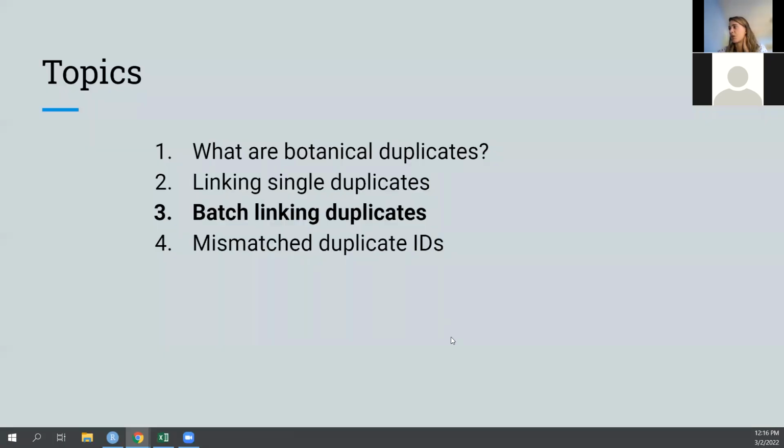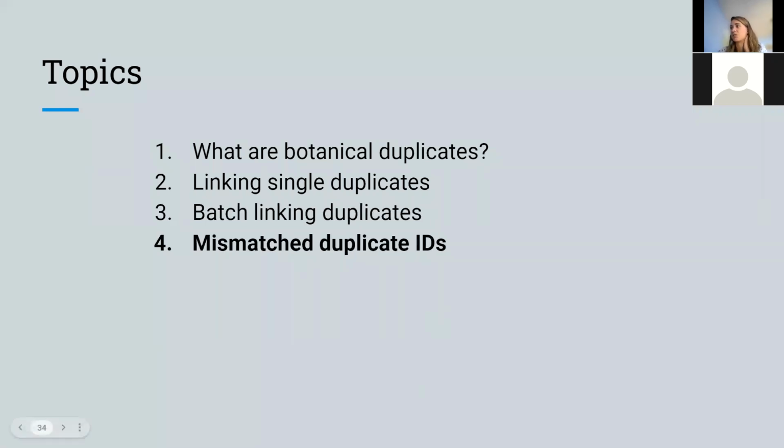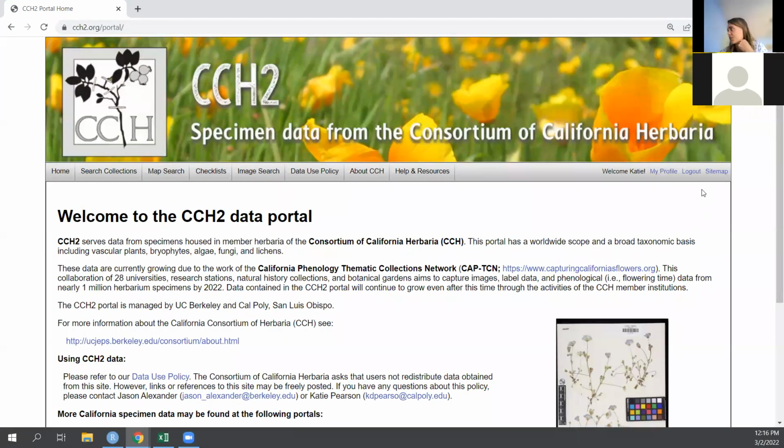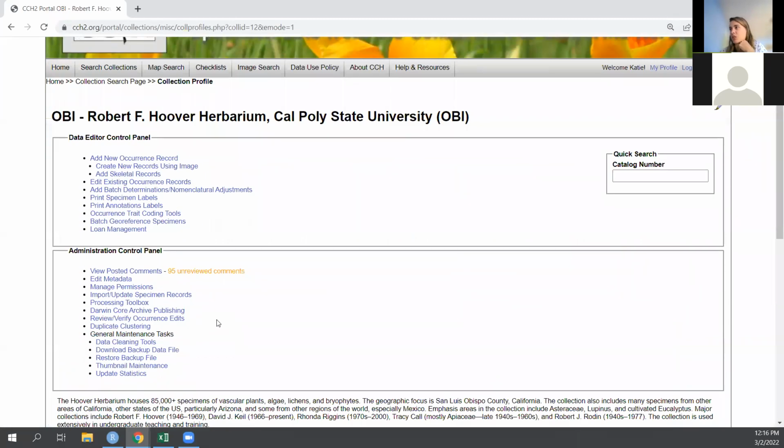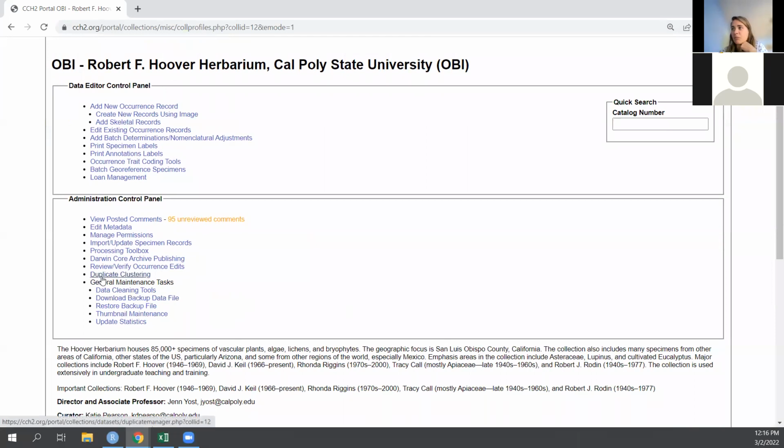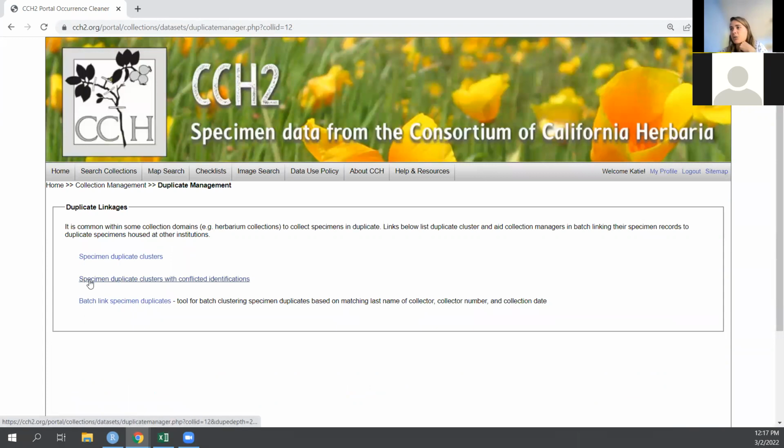All right, and then furthermore, there is a tool that allows you to look at mismatched duplicate identifications. So any cases in which you have a duplicate that has a different identification than another duplicate in another collection. You do that by going into my profile, occurrence management, back to your administration control panel, and same place, the duplicate clustering tool. And then there's a tool, you probably already saw this, specimen duplicate clusters with conflicted identifications. So if you click on that,